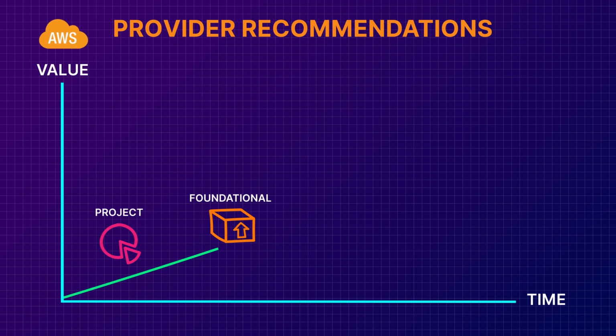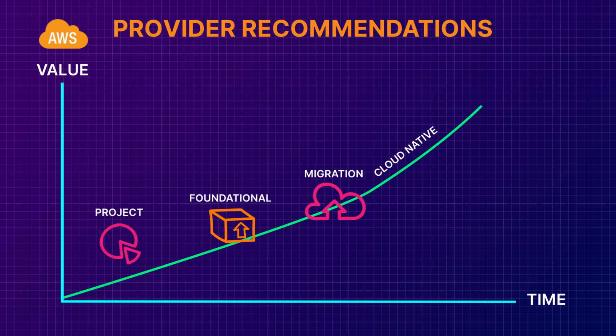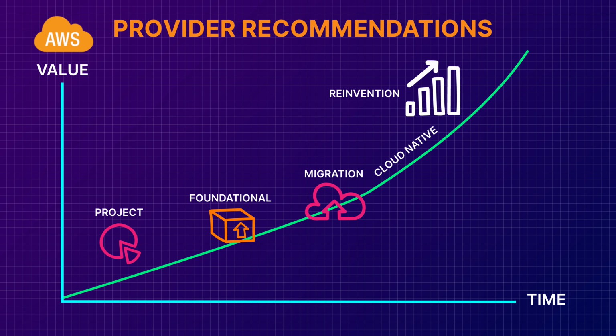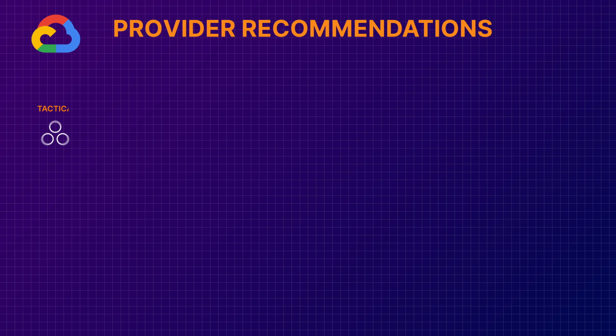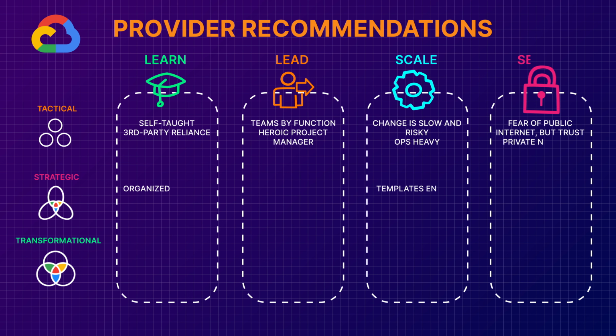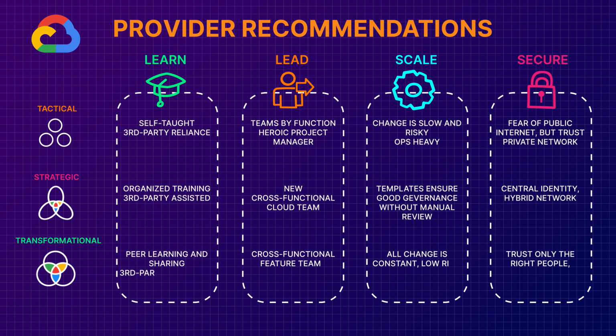That foundation lays the groundwork for migrations of processes and workloads, which ultimately turn into a cycle of reinvention. Now, GCP describes companies as using the cloud to first address tactical issues. Then, as skill and familiarity increase, more strategic objectives are pursued, progressing ultimately into transformational capabilities, which allow organizations to